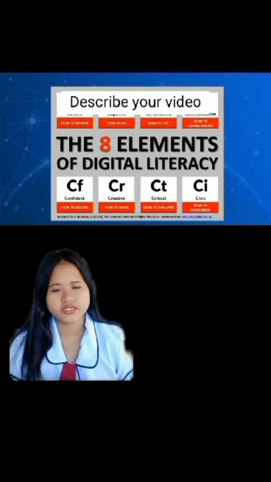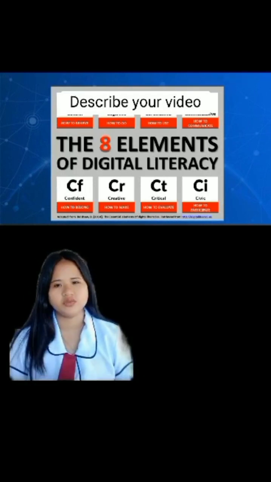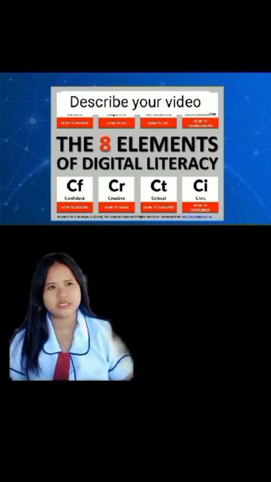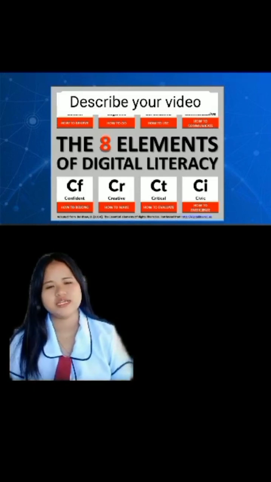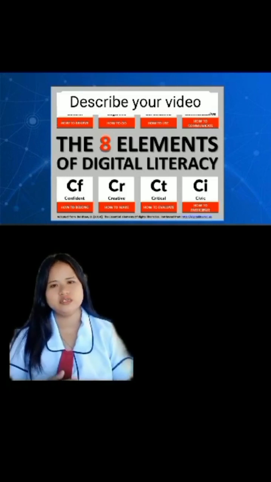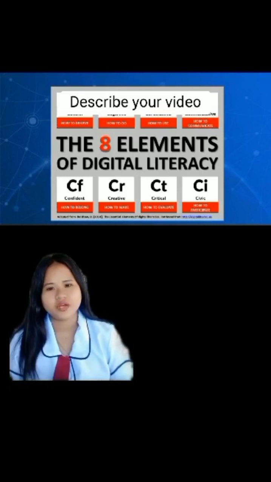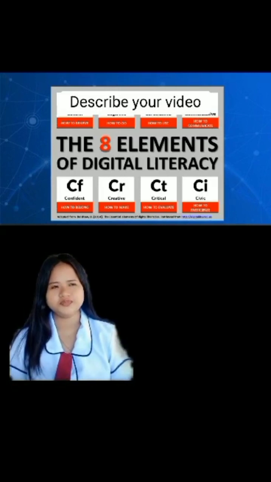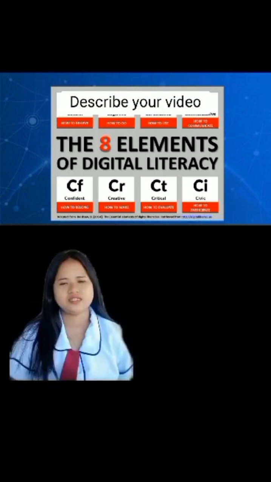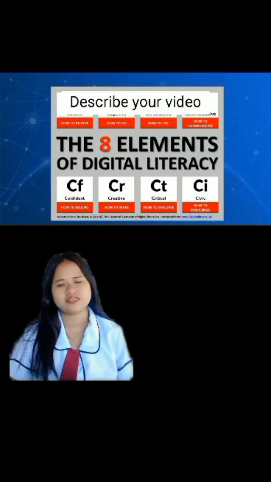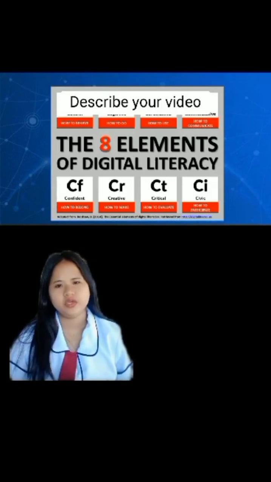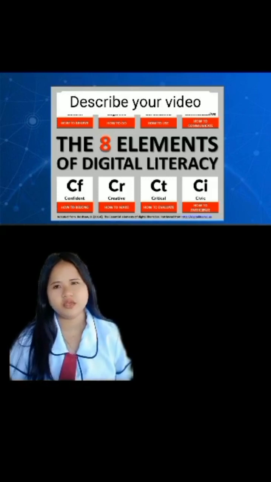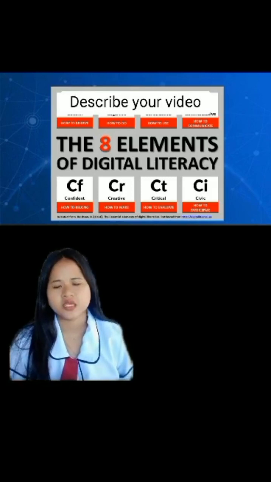Next is the confident, or how to belong. So this is really important in belongingness, or socializing with different kinds of people. It's not only about working in the internet world, but it is very important to know your circle. So it is not really advisable to meet the standards of the society or to change ourselves just to be acceptable in the society. You can be your own way, because we are unique in our own way.